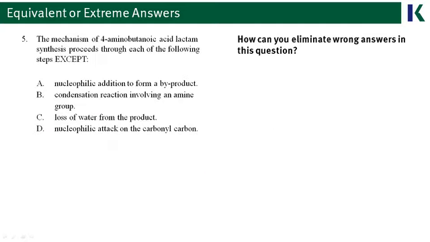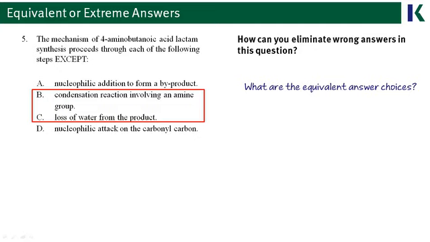Let's take a look at number 5 to see another example of something where we can eliminate answers just based on what they say. So again, you don't really need to read through the question so much, you more just need to look at the answer choices and find the equivalent ones. If you're looking at answer choices B and C, you have the correct idea here. A condensation reaction means that water will be a product of a reaction, water will come out of the reactant. And answer choice C also says the same thing, that water has come out of the reactant and the product doesn't have that water in it. So answer choice B and C, again, mean the same thing, so they can both be eliminated.